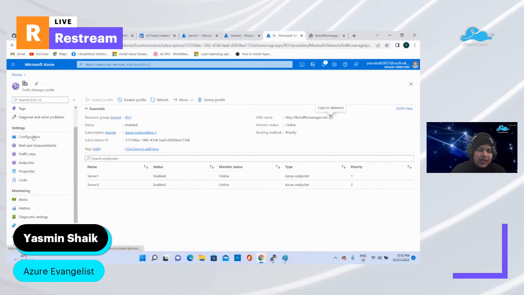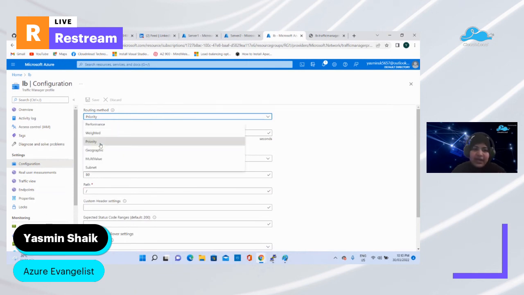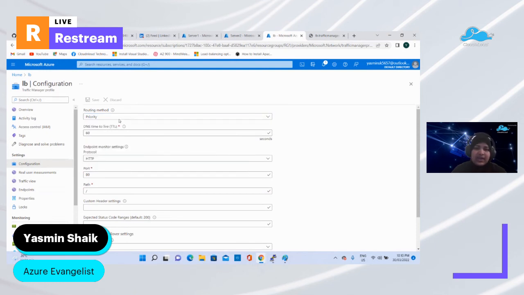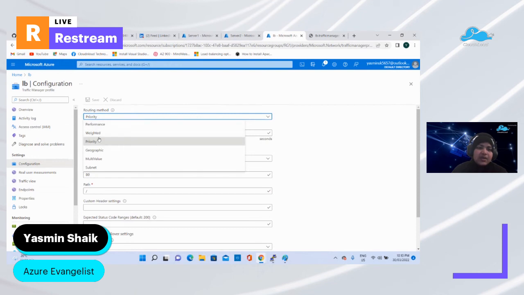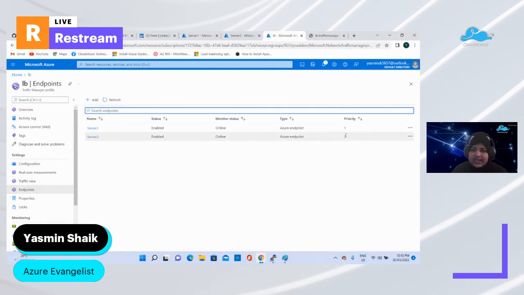Now, if you come to your load balancer configuration, if you remember, while creating this load balancer we selected this routing method. I have selected priority. With priority, while attaching the endpoints, it asked you to give the priority.